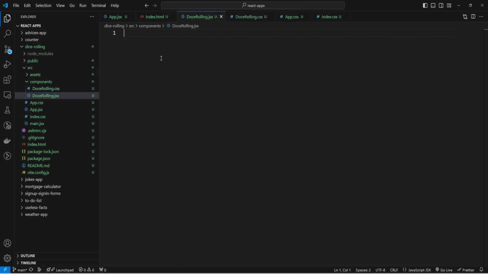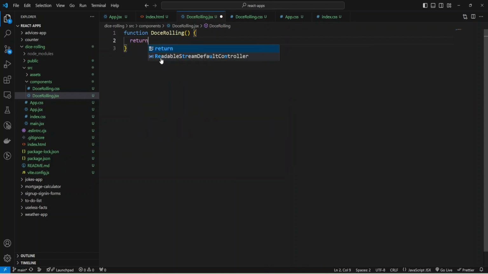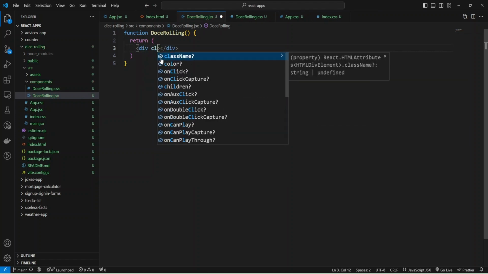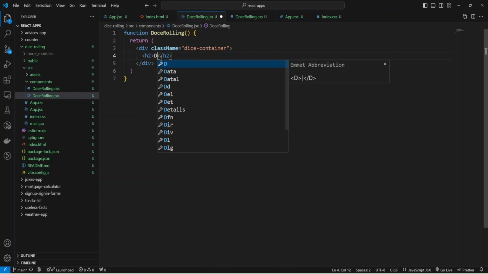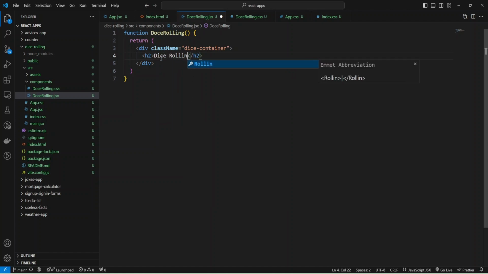And now I can create a functional component, function DiceRolling, and return some JSX. For that, let's create a div with className dice-container, and add our h2 tag inside this div, h2, and add Dice Rolling.